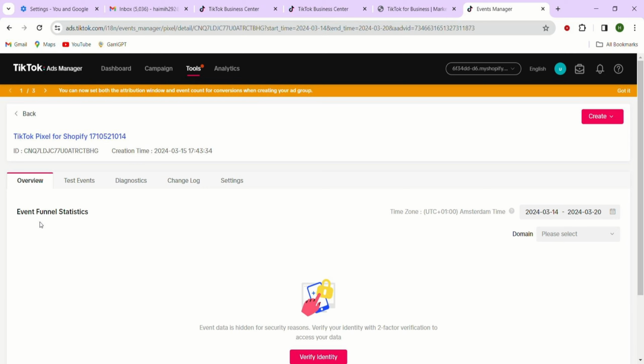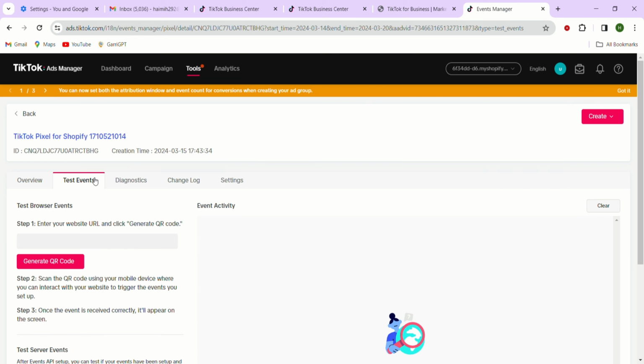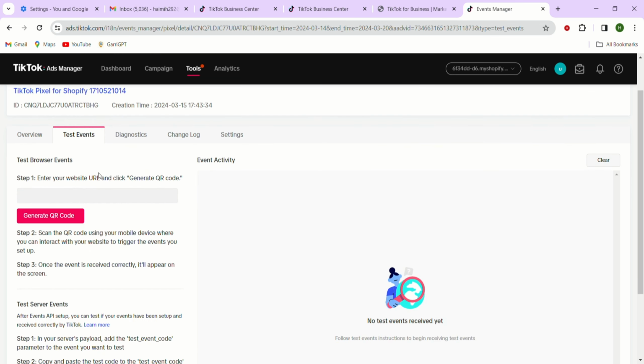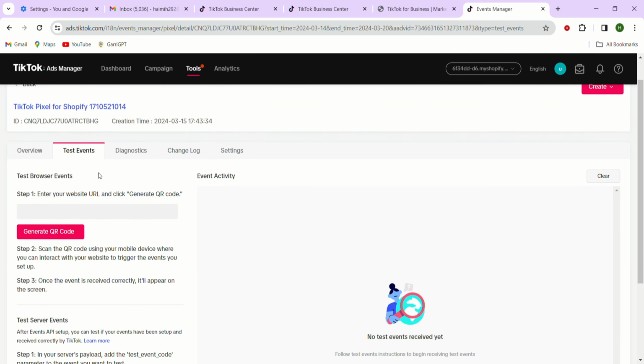Additionally, you can click on Test Event button. This will prompt you to download a Chrome extension called TikTok Pixel Helper. So by downloading this extension, you can enter your website URL, download a QR code, and scan it using your mobile device. As you browse through your website on mobile, the event should appear on the screen confirming that the pixel is functioning properly. So once you add an item to the cart on your Shopify website, you will see a notification on the right side of the screen confirming that a test event, such as add to cart, has been